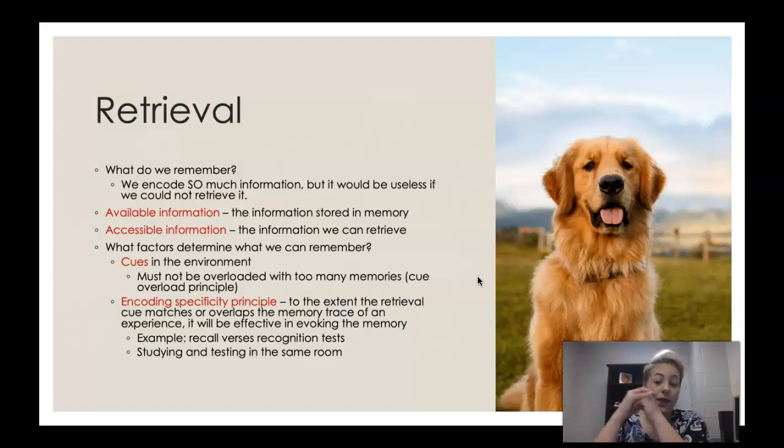Another example is a recall versus recognition test and studying and testing in the same room. So sometimes in recall and recognition tests, any multiple choice test you take is going to be a recognition-based test. We're hoping that when you read a problem, you're going to be able to recognize the answer in a choice of answers. And that's where you get that overlap and that encoding specificity principle. With studying and testing in the same room, it's often encouraged that you take a test in the same room you were